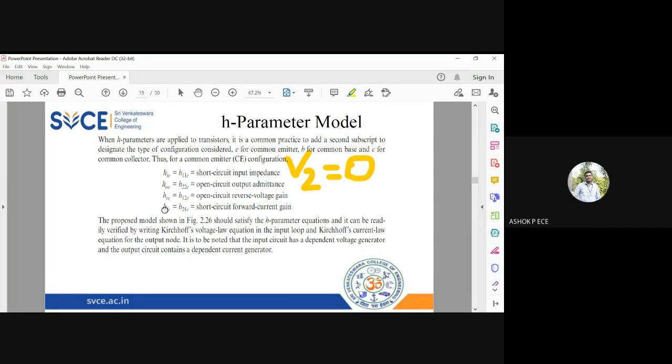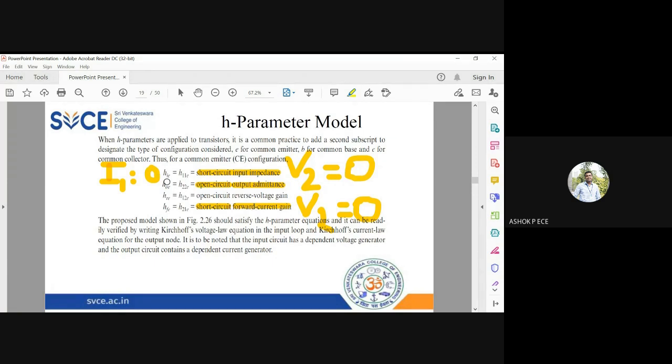So it is called short circuit input impedance. And HFE, look, same. H is hybrid, F is forward current gain, and E is going to be common emitter. HFE is also called forward current gain, but it is also measured in the short circuit way, by putting V2 equal to 0. That is why they are attaching the name short circuit before the actual name. HOE, output admittance, I know, and how is it found? By open circuiting the input side, or I'm making I1 equal to 0. So it is called open circuit output admittance.